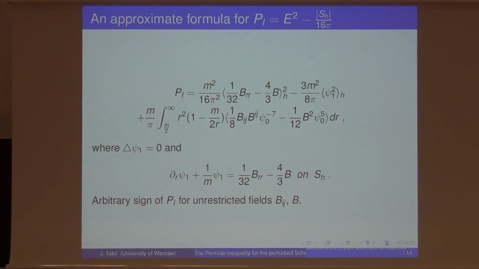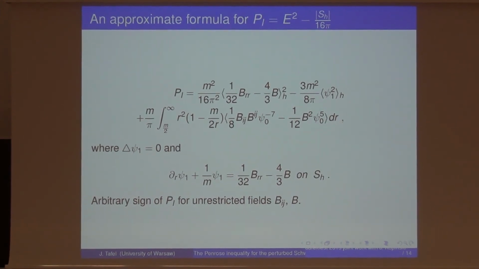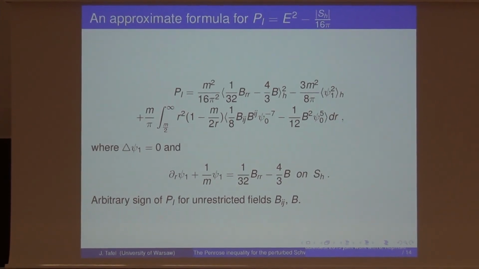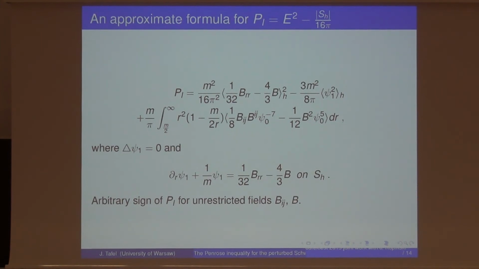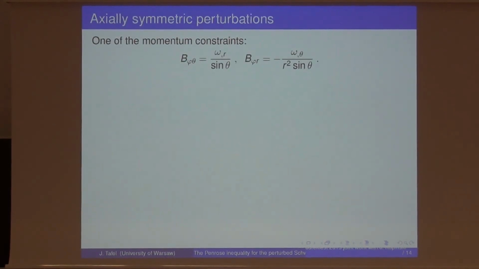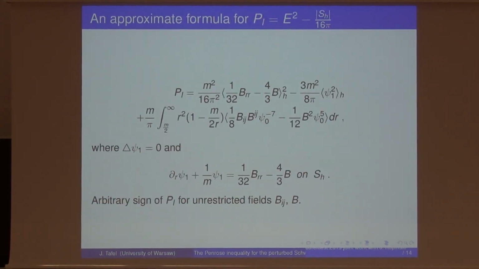This radius m² is related to the mass of the Schwarzschild solution, which is perturbed by these curvatures, because psi naught contains this parameter m. Yeah? Sorry, I didn't write that radius. The radius of the sphere is m². Okay, so